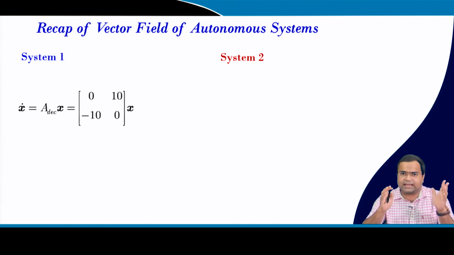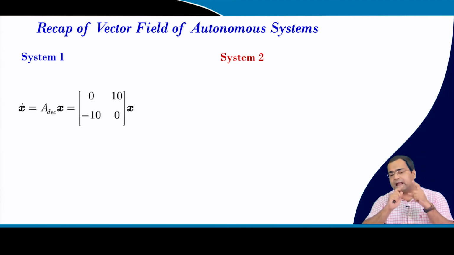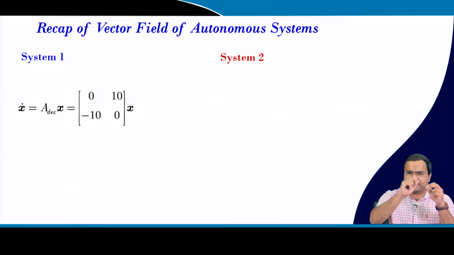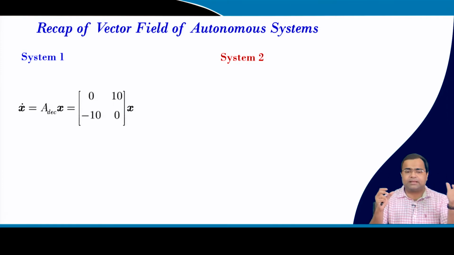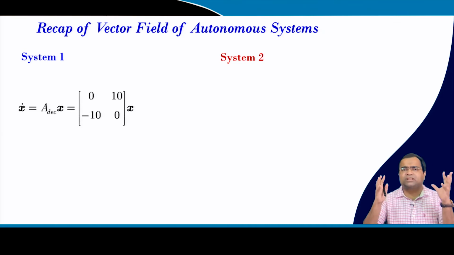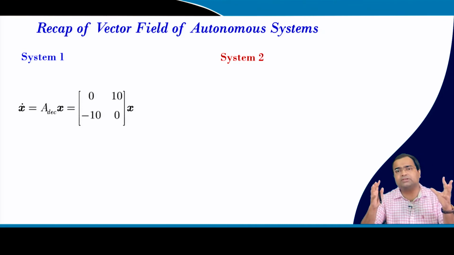But in that case, we have seen there is something called rotation matrix, and that will lead to a rotating motion, either with the same amplitude when the real part is 0, or the amplitude will keep on decreasing if the real part is negative, and if the real part is positive, then the amplitude will keep on increasing, and that we call a stable focus or unstable focus and so on.